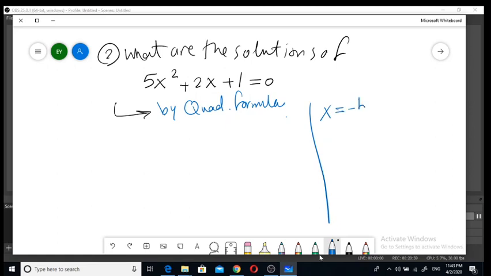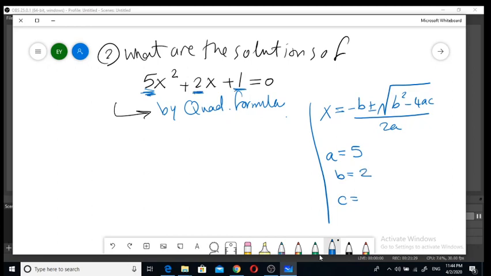X is equal to negative b plus or minus square root of b squared minus 4ac over 2a. First we can identify a and b and c. A, the coefficient of x squared, which is 5. B, the coefficient of x, which is 2. C, the constant 1. Then we can apply the quadratic formula. X is equal to